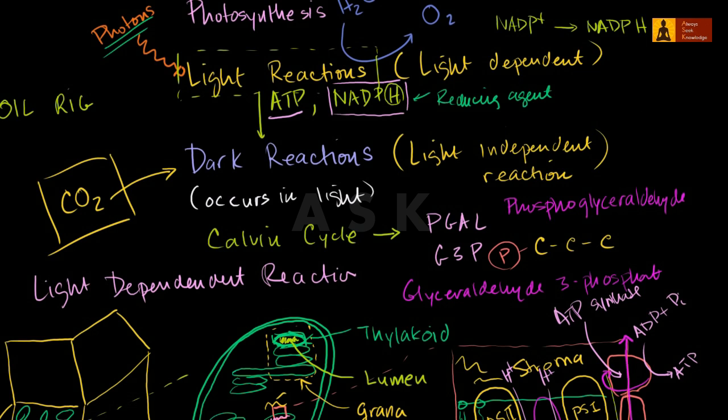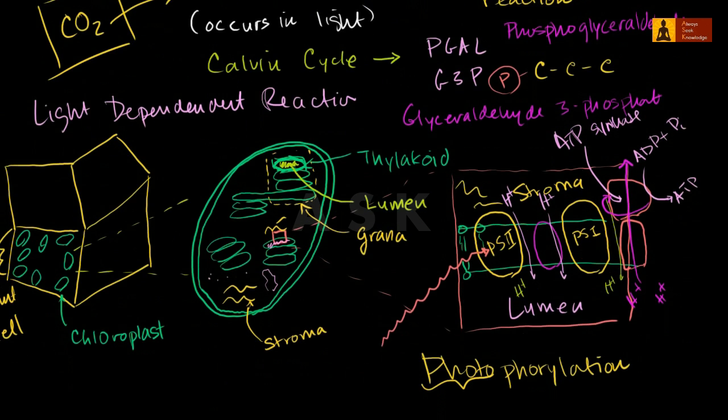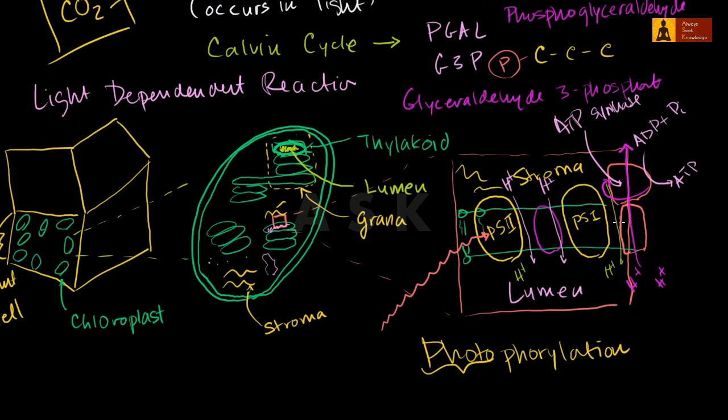Well, if we're talking about non-cyclic light reactions, the final electron acceptor, after that electron keeps entering lower and lower energy states, is NADP+. Once it accepts the electrons and a hydrogen proton with it, it becomes